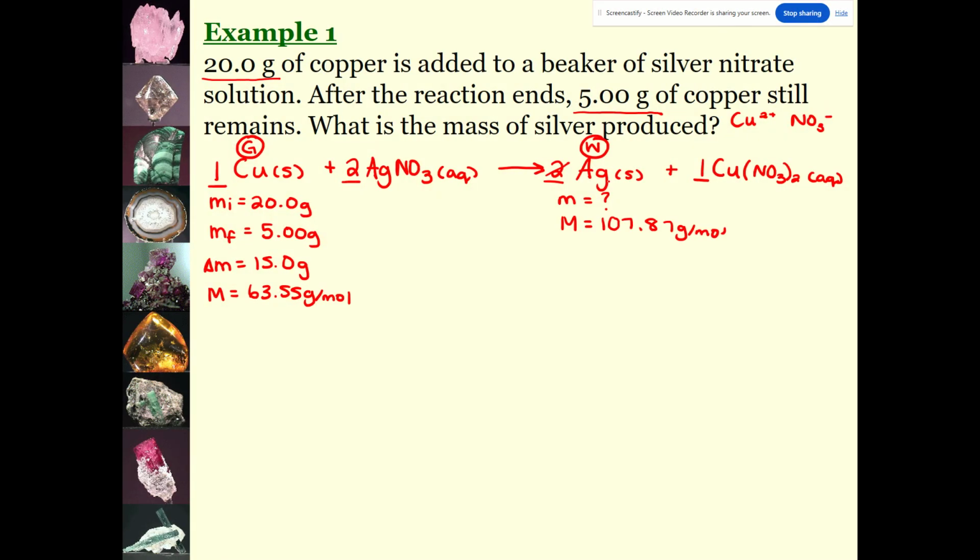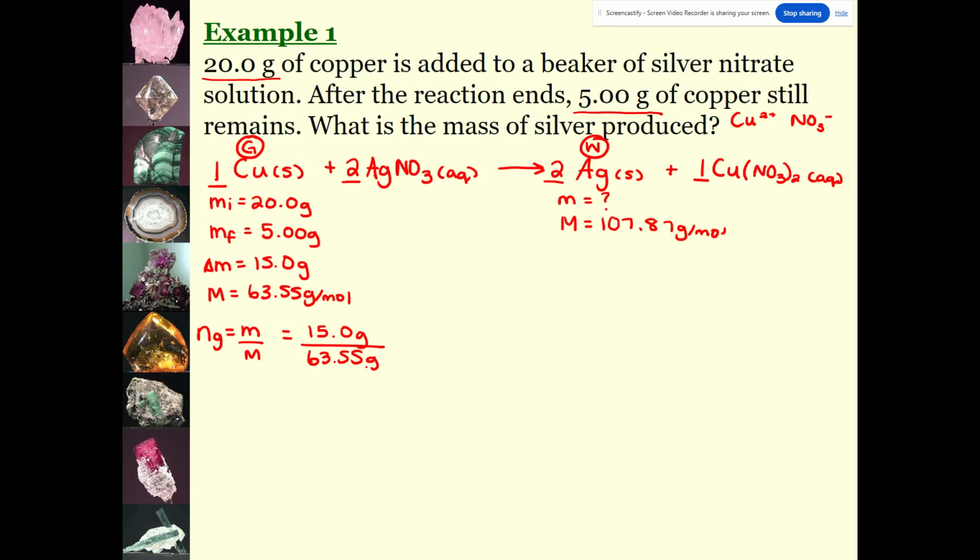Remember, when you're finding the molar mass of a substance, you are not using balancing coefficients, okay? You're using any subscripts. There's an invisible 1 here, but you're not using balancing coefficients, all right? So now I can go to my step where I find the moles of my given with mass over molar mass. Again, I'm using the mass that reacted, the mass change, divided by